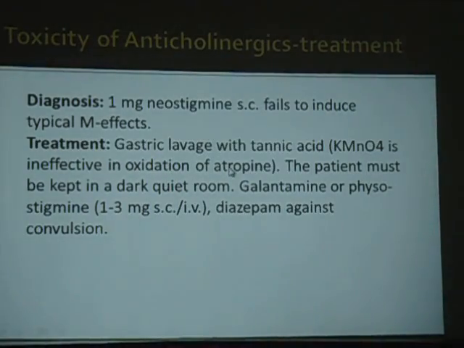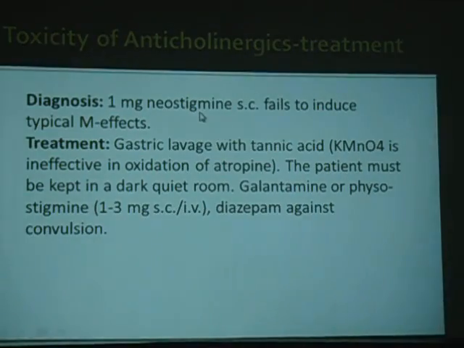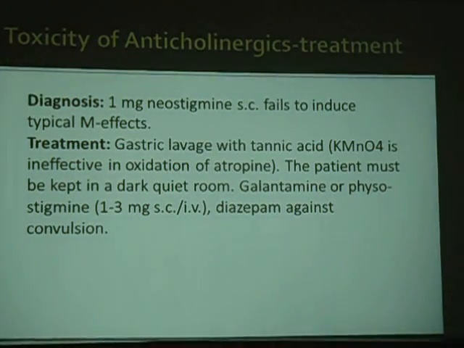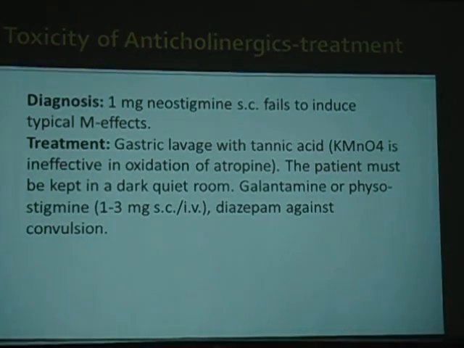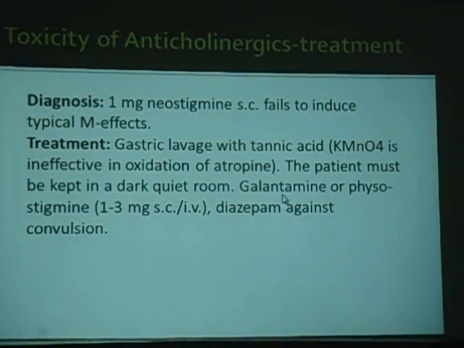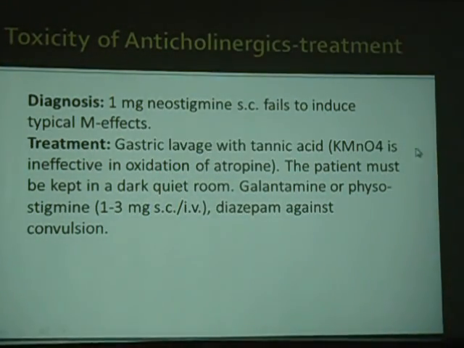We can give 1 milligram neostigmine subcutaneously, and see whether it fails to induce muscarinic effects. Okay. So we give neostigmine and see whether there are any muscarinic effects. And if we fail to see that, that means there is a problem with atropine toxicity. So treatment is gastric lavage and tannic acid, that is potassium permanganate. Okay, all